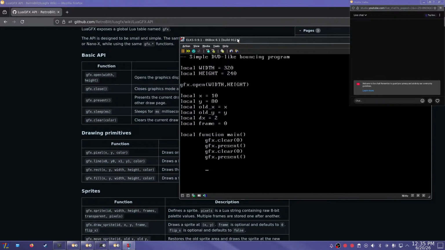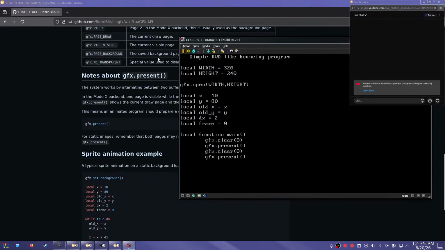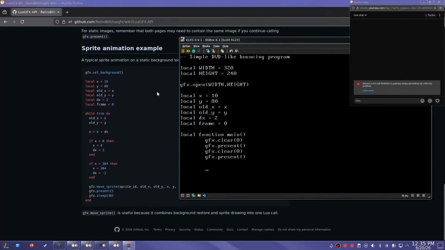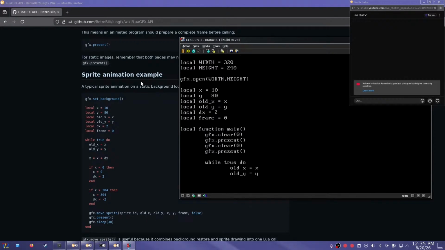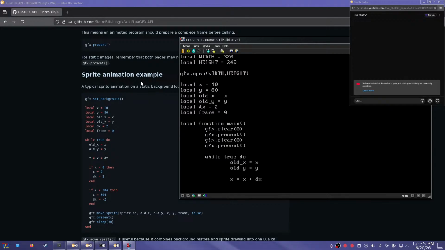Then while true do, old_x equals x, old_y equals y,